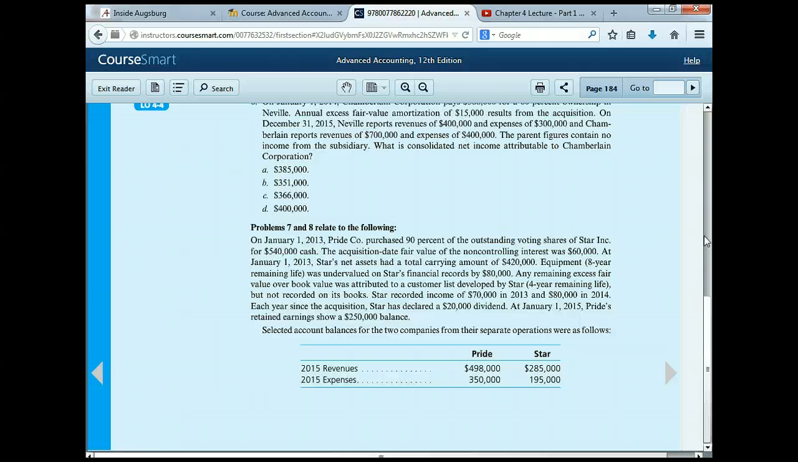At January 1 of 2015, that's 2 years later, guys, Pride's retained earnings shows a $250,000 balance. Selected account balances for the two companies from their separate operations